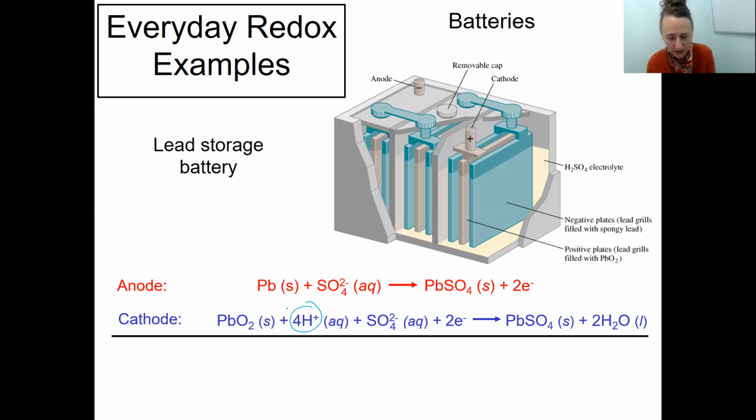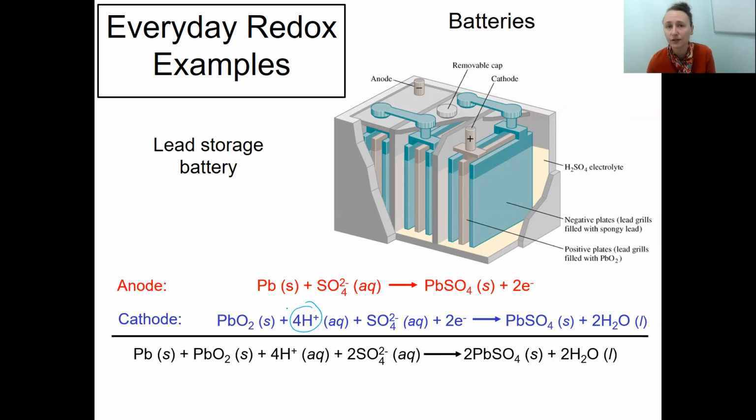So these are two half reactions you could look up on your table of redox potentials, and I think you would actually get about 2 volts for this reaction, but the typical car battery is 12 volts. So what happens is you put 6 of these in series with one another to get your 12 volts. And so